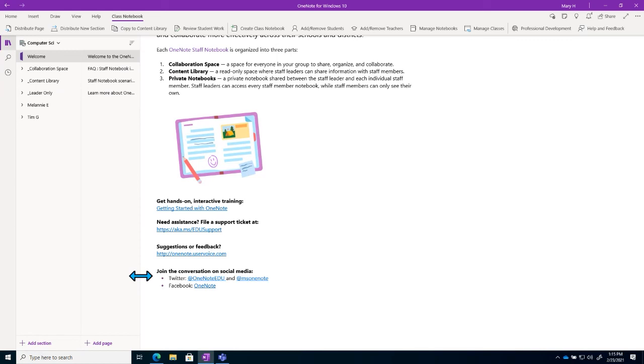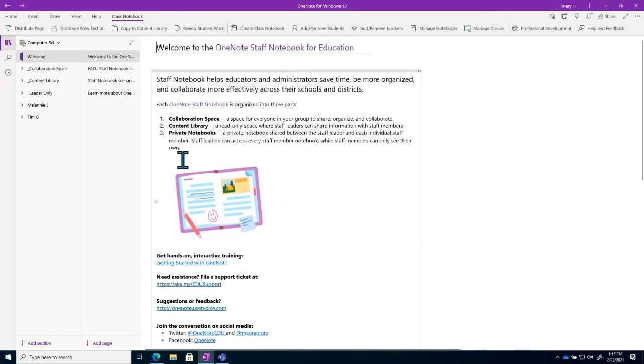Also, if there are things that you think should be added to OneNote or that you wish you could do, I'm going to point out it gives you a link to a site called User Voice where you can see suggestions other people have made and upvote them. You can also submit your own suggestions. So as you start to use this, if there's something you think could improve the experience, by all means, go ahead and get that added as a suggestion.